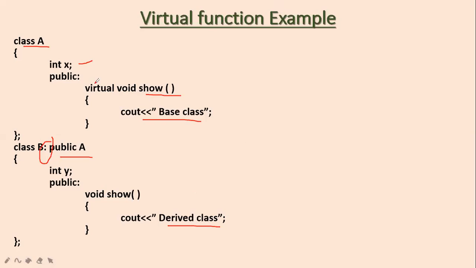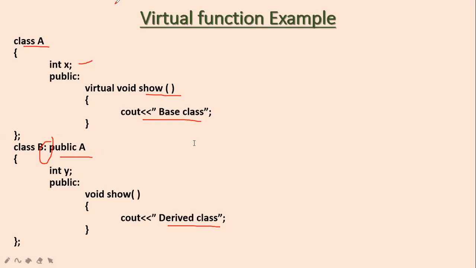Miss, can you please explain this part again? Which one? This colon. If you want to declare a derived class for the base class, suppose class A is my base class and I want to declare one derived class, let's say class B, so I'll mention the colon, then public and A. So this is the syntax. In the last lecture also I gave the syntax to declare your derived class.